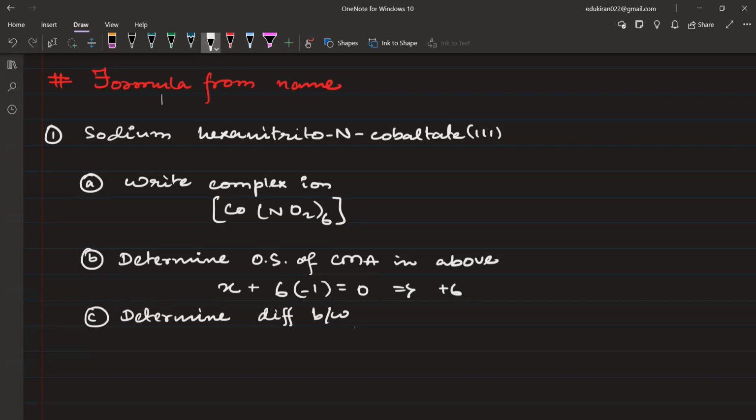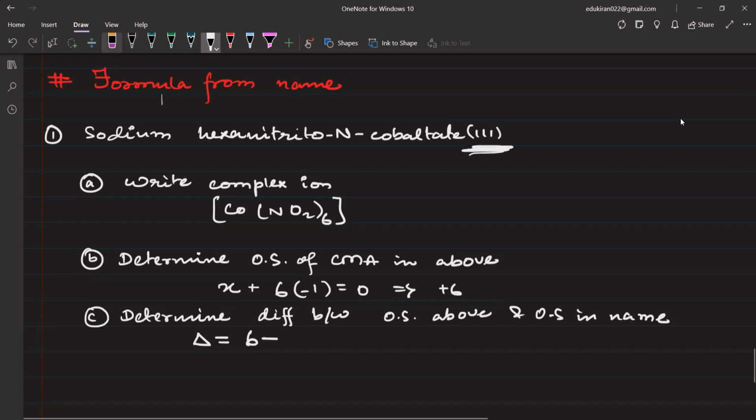Then you will determine the difference between the oxidation state above and the oxidation state in the name. यहाँ पे oxidation state आया है आपके पास 6, what is the difference? Difference is equal to 6 minus, और originally कितना है name में, what is the oxidation state in the name, बताइए? कितना oxidation state दिया हुआ है name में? 3. अरे 3 दिया हुआ है ना, तो 6 minus 3, difference कितना आ गया, 3 का, correct है guys, ठीक है।